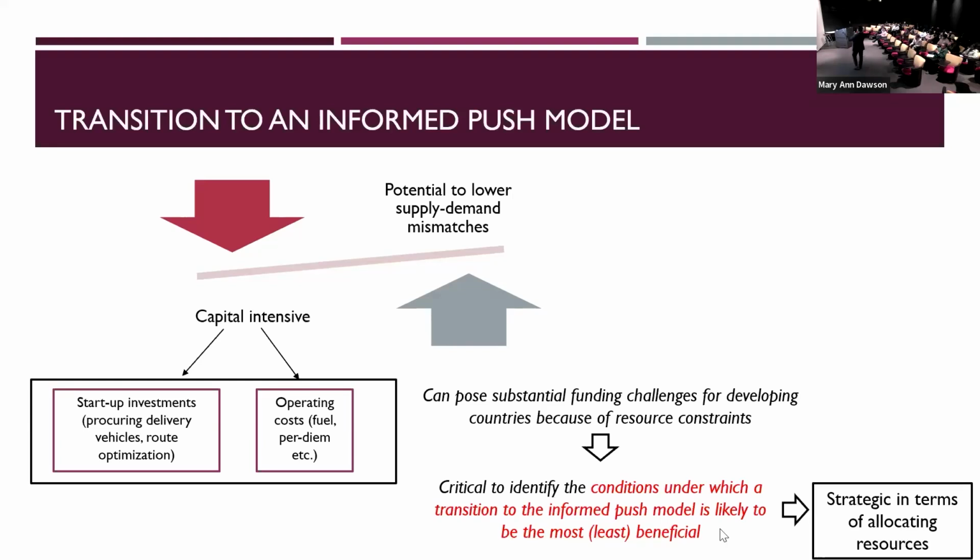Because what you will see is that you shouldn't be rolling out these kinds of interventions at every facility. That is not a prudent strategy, and you will see that at the end of the talk. So what you will see is that we identify specific types of health facilities where it's going to be super beneficial, and then we will show a set of facilities where this is actually not going to be beneficial, right? So essentially, this will be more of a resource allocation model, and trying to understand what is the basis for that allocation decision.